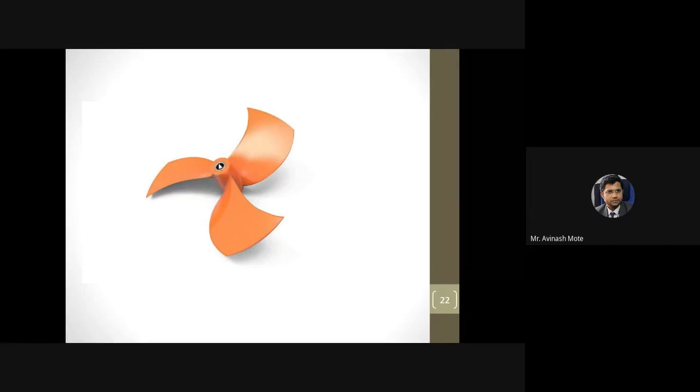So why is this metallic insert required? This is a simple fan blade assembly, and this fan blade assembly is going to be mounted on the shaft which is connected to the motor. This assembly will be mounted on the shaft and then it will start rotating. To connect that shaft and this assembly, we need to have these inserts. And obviously, as it is going to rotate continuously, we need to have some good kind of inserts. You cannot provide plastic inserts here.